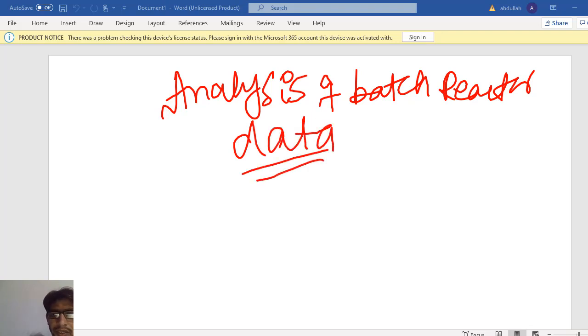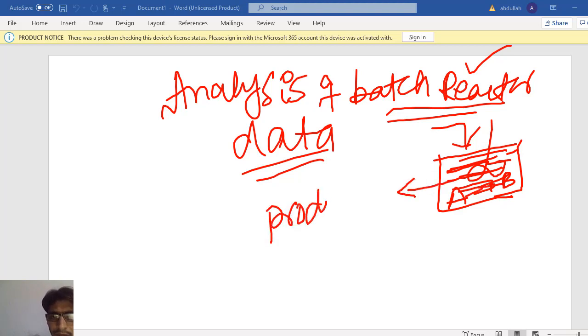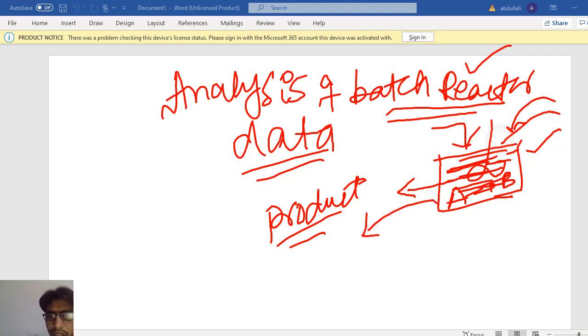As we have already discussed, a batch reactor is used for small scale production, and there is no input and no output. We put the reactants into the reactor, A is converted into B, and after a certain time, after 1 hour or 2 hours or 1 day, we remove the product from the batch reactor. We put another batch into the reactor, another product is produced, and we remove it, and so on.